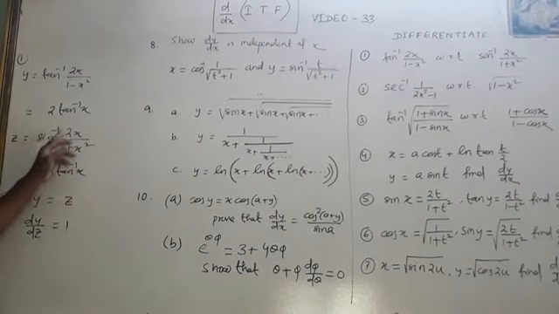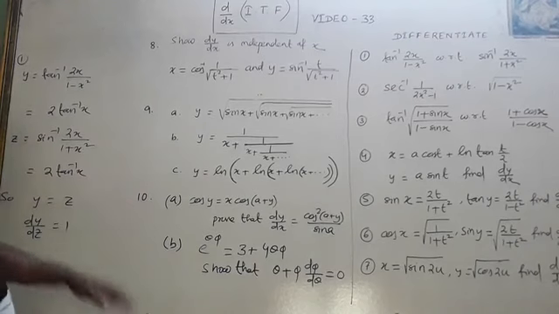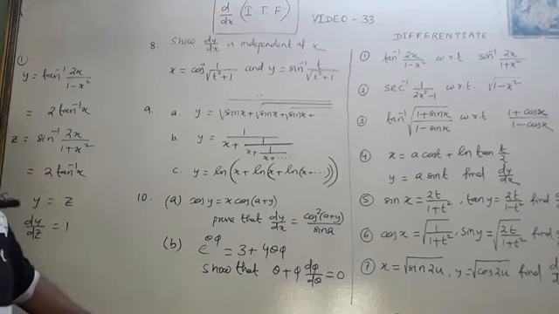z is equal to sin inverse of 2x by 1 plus x square. There is no need to put x equal to tan theta. It is also directly the formula of 2 tan inverse x. Also there is one technique. Don't find the derivative dy by dx first, and then dz by dx. There is no need at all, because here y is equal to z. Understand it? y is equal to z.